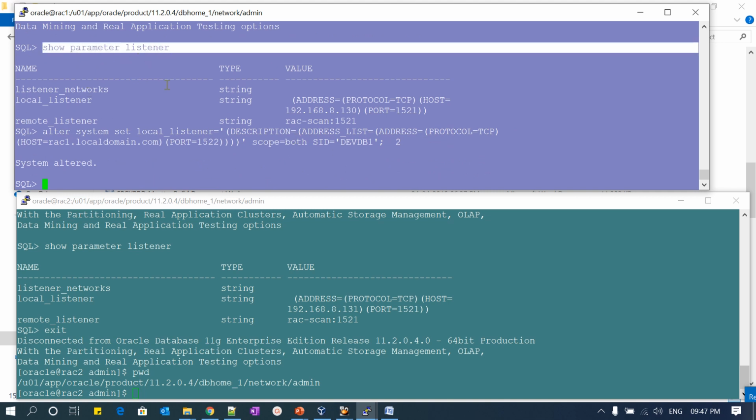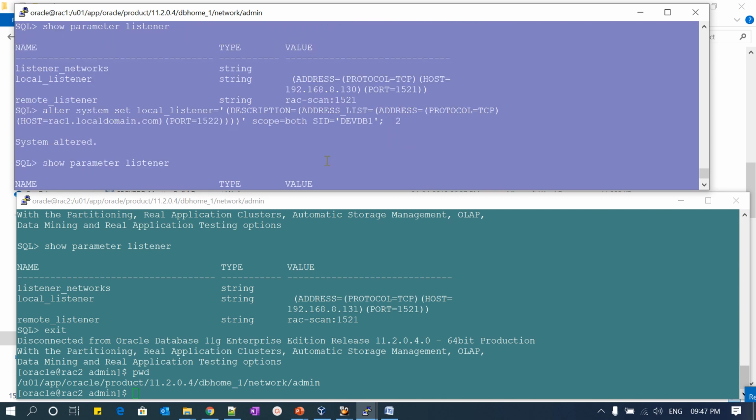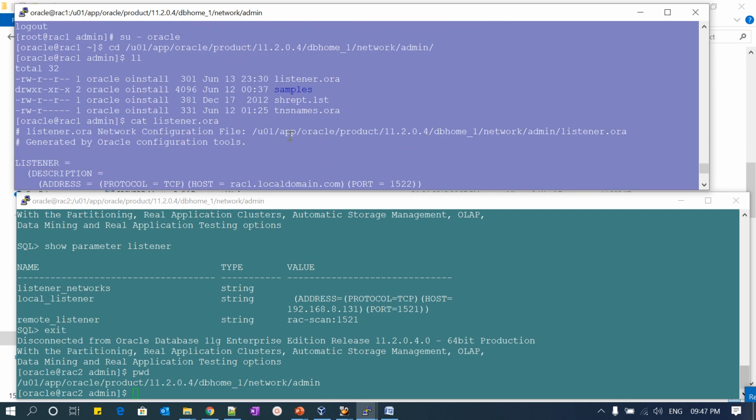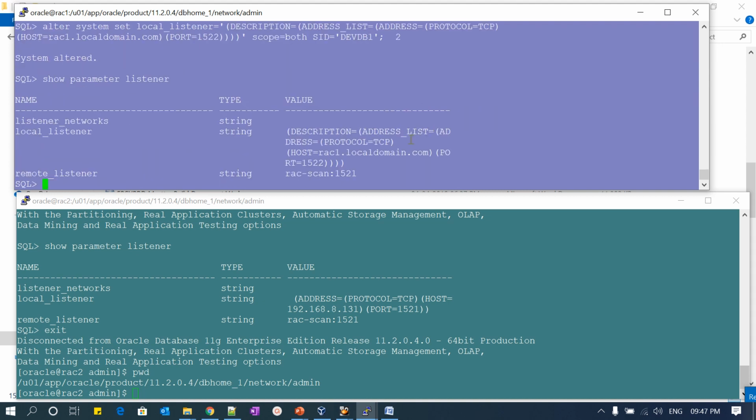Now if you show parameter local listener, you can see here it is pointing to rack1 localdomain.com and port 1522. So that is your local listener here, right? This is how you need to configure your local listener if you are working with your RAC environment.